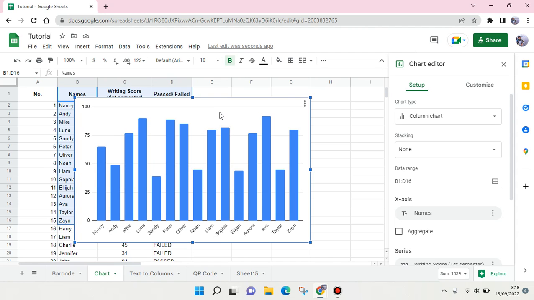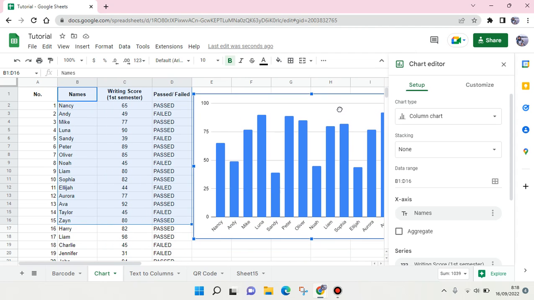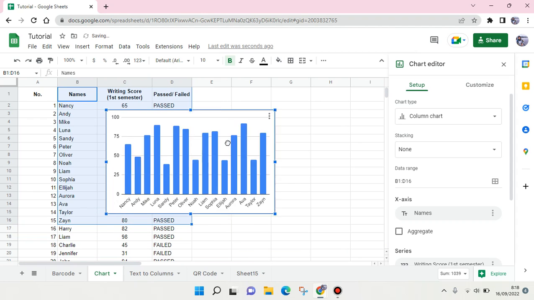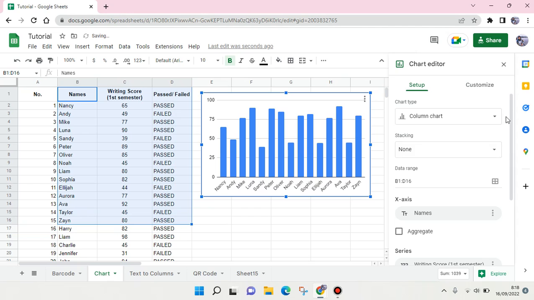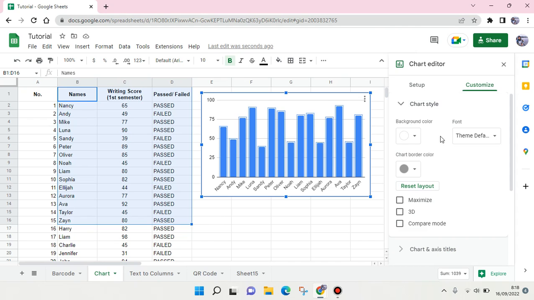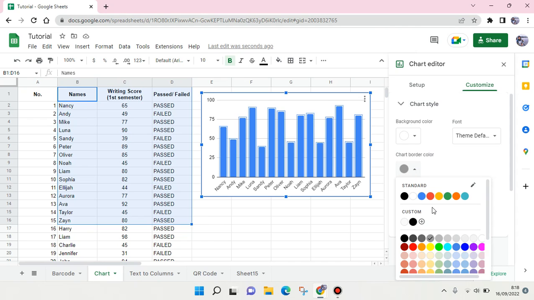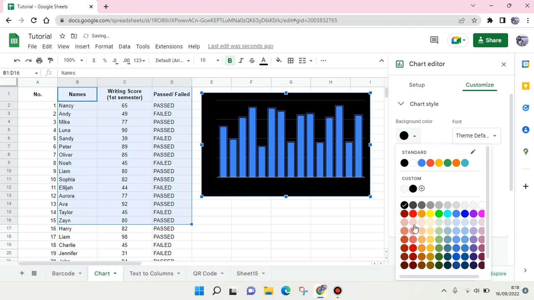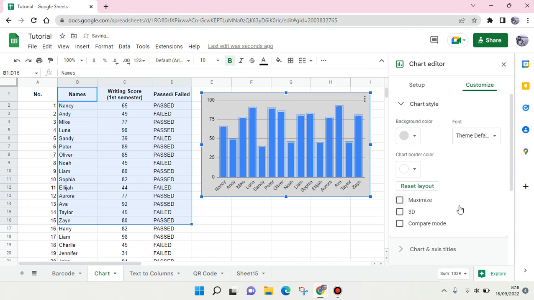And you can also move the chart, for example, in here, and you can also make it smaller or bigger. I'm going to make it smaller like this, and you can also customize the column chart. You can click on this, and then for example I want to change the chart color, the border. I'm going to change it into white and then the background into black like this, or maybe other colors like